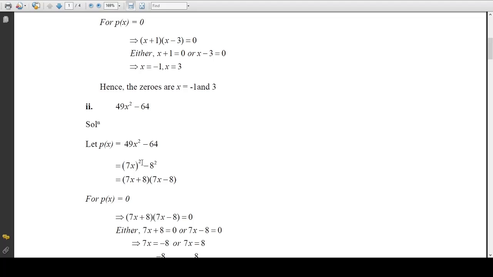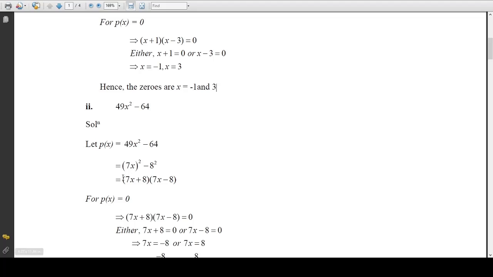Now 64 also is a square of which number? It is the square of 8. Therefore you will take 7x as a and 8 as b. Then the expansion is (a plus b)(a minus b), that means (7x plus 8)(7x minus 8). Now for finding the zeros, this means for p(x) equals 0,